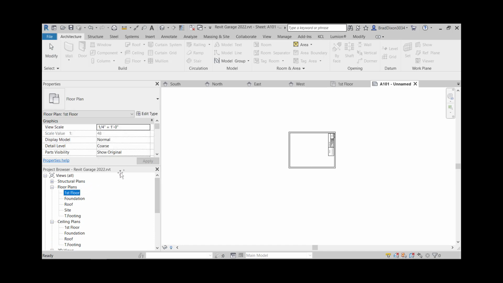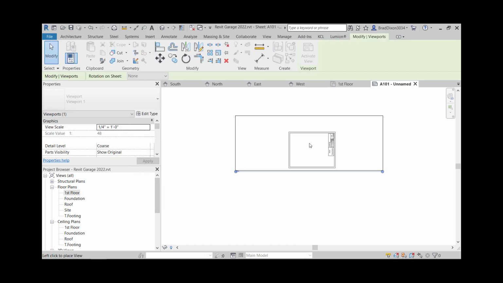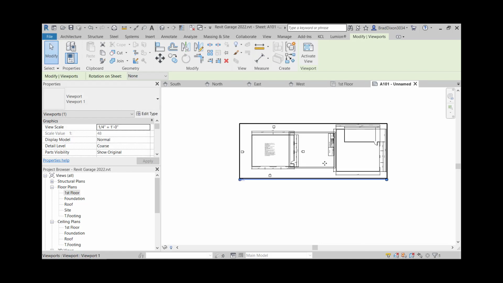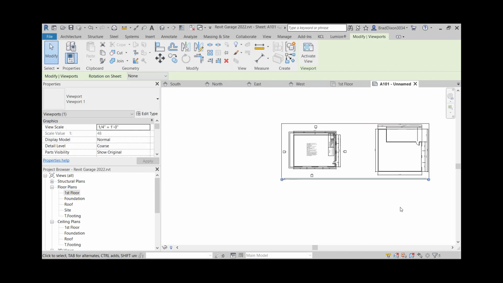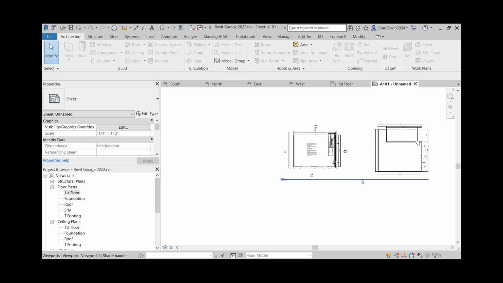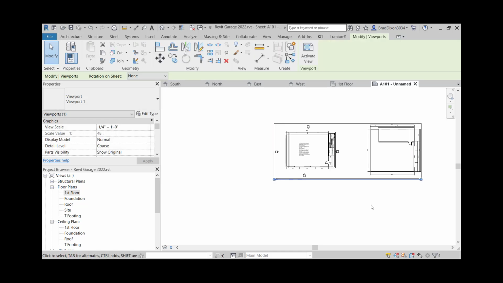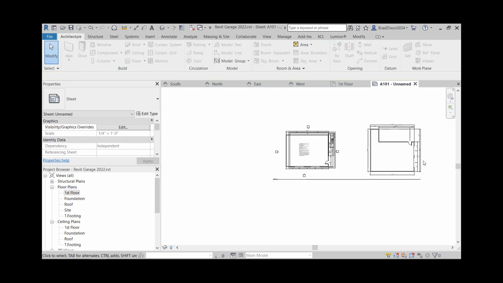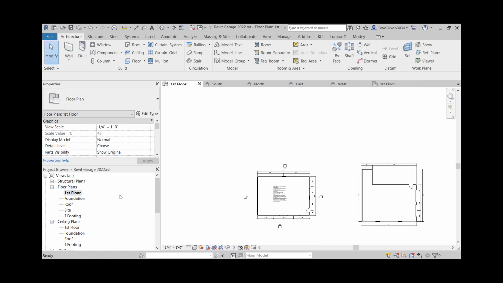Once I have the title block in here, I go to my project browser, scroll up, and I'm going to drag and drop first floor on here. And it just did something really ugly like that. So basically nothing fits in its place. There's a couple different things I can do. First of all, the scale is wrong. More importantly, it's showing me all this other stuff that I don't want to see. So I can go back into my first floor view,